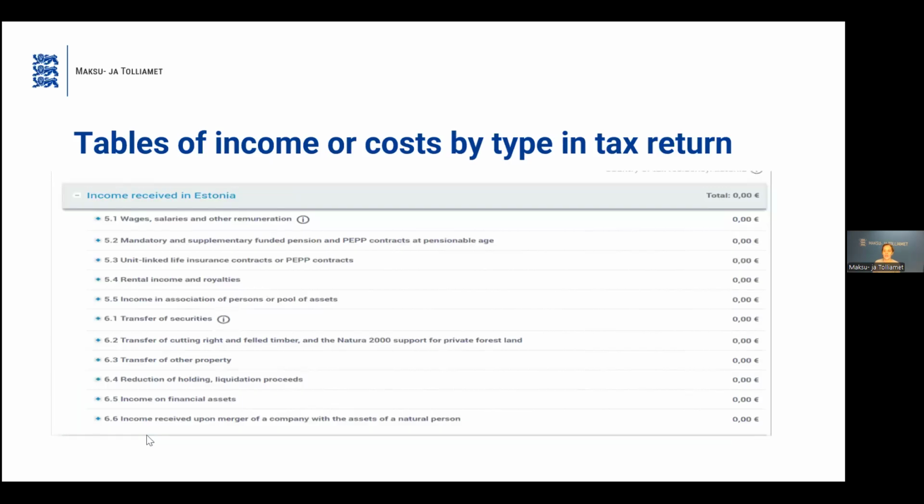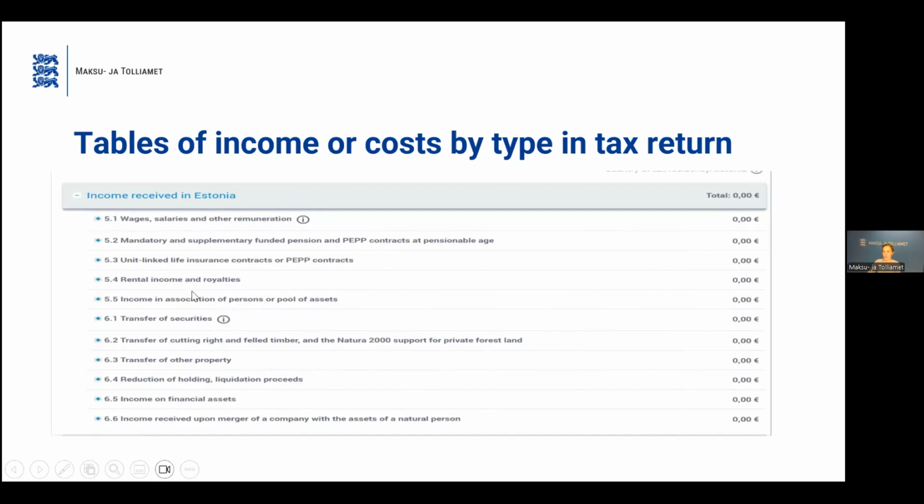When you open the Estonian tax return online, you can see lines of table headings. You just have to find the right table where the type of income you want to fill in is, and then you can open it from the plus mark and start to fill in information.